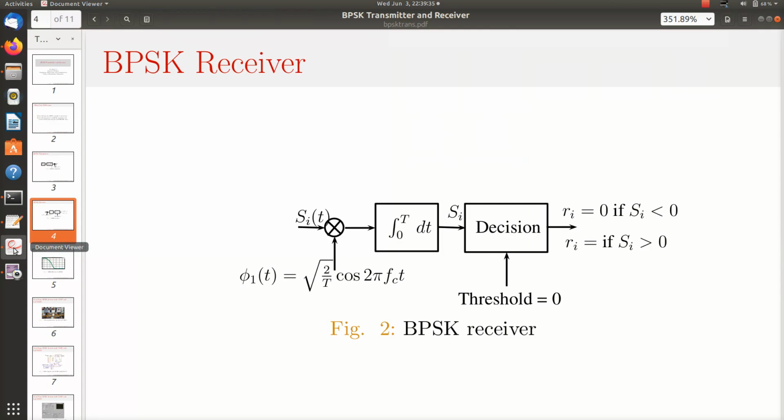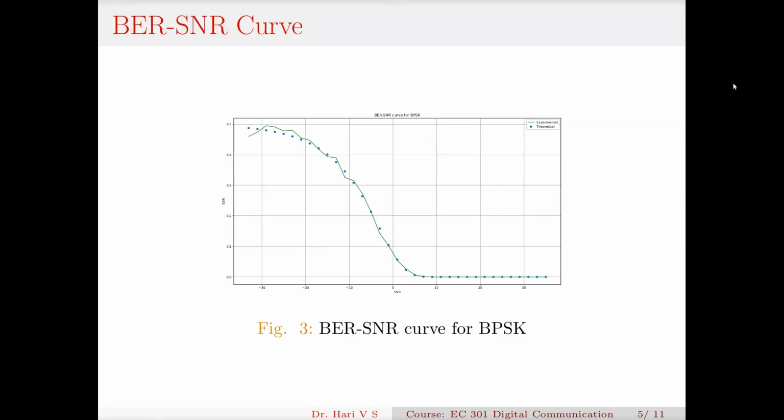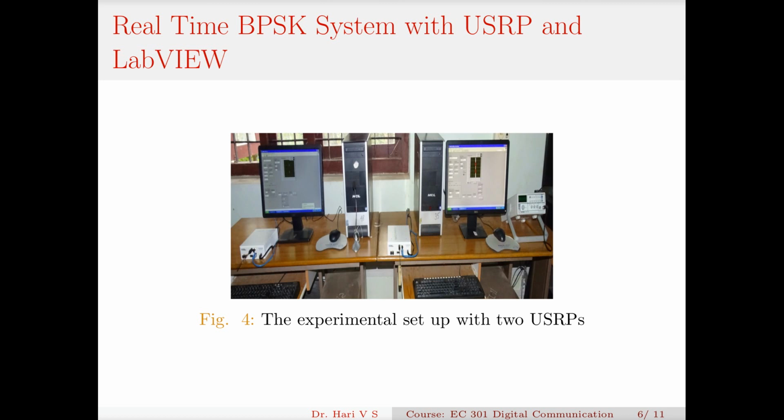Let me go back to the presentation. This is a curve we explained, the result of the execution of the Python code. And this is another experimental setup, a real-time communication system, which I did when I was working at College of Engineering, Karnataka. This device is called a Universal Software Radio Peripheral. This is a similar unit, an NI product, a product of National Instruments, a bit costly, and it is based on